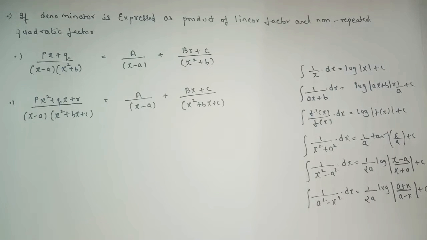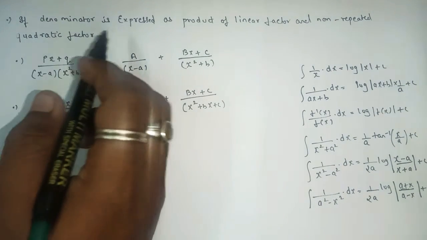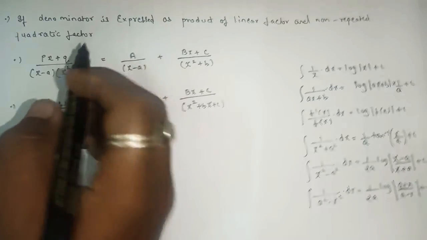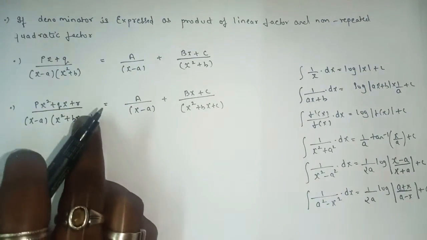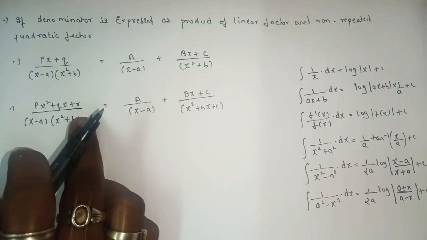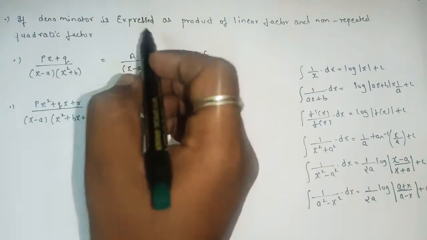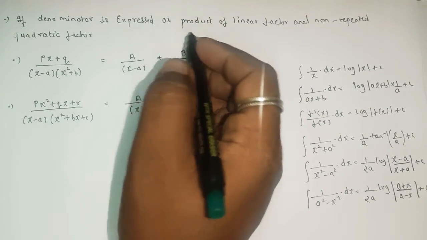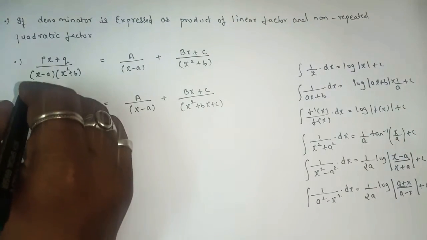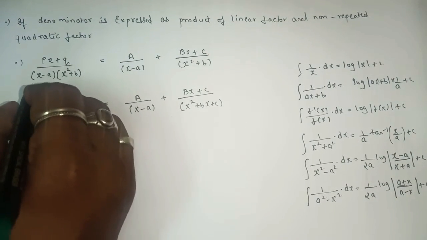Hello students, as in the last lecture we covered type number 8, subtype 2, where we saw when the denominator is expressed as a repeated linear factor. So this is subtype 3 for type number 8, where the denominator is expressed as the product of linear factors